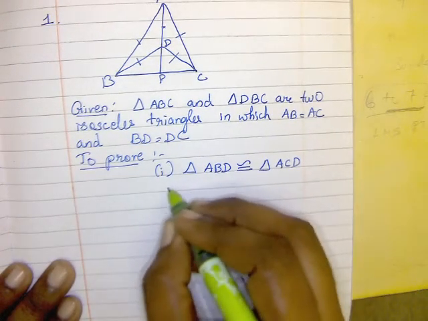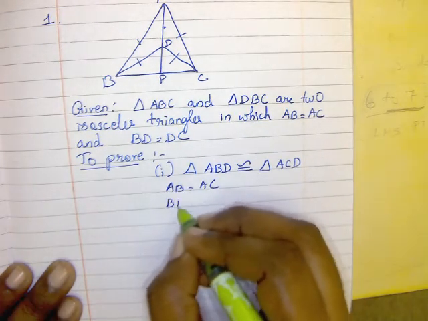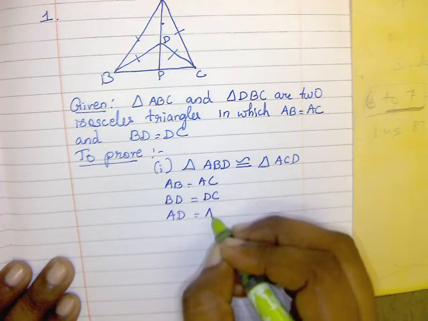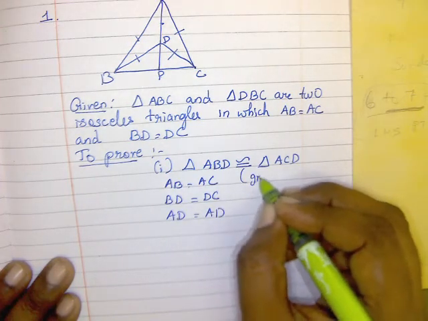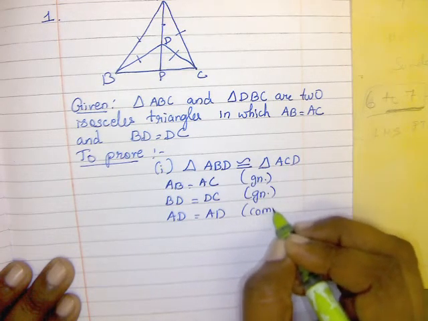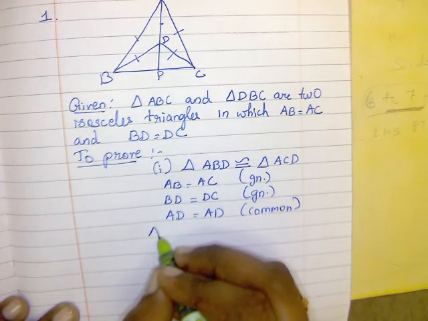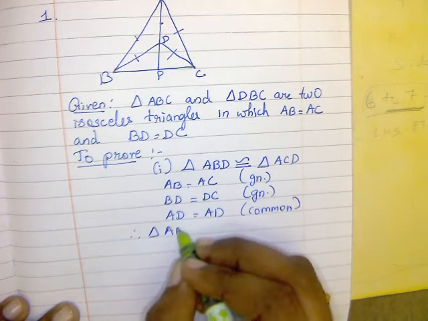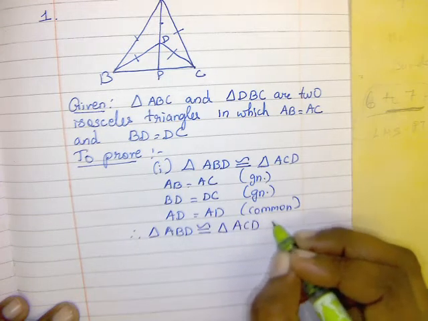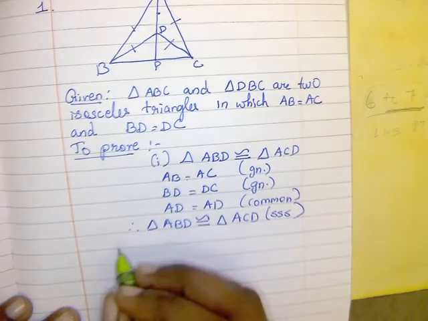Okay, right? So shall I write now then? AB is equal to AC, and next BD is equal to DC, and next AD is equal to AD. Okay, this one is given, isn't it? And this one also is given, isn't it? And this one is common. So you can say the two triangles are congruent by the SSS rule, right? Therefore, triangle ABD is congruent to triangle ACD. What criteria we used here? SSS rule. First one over. Now second one. Okay, right?